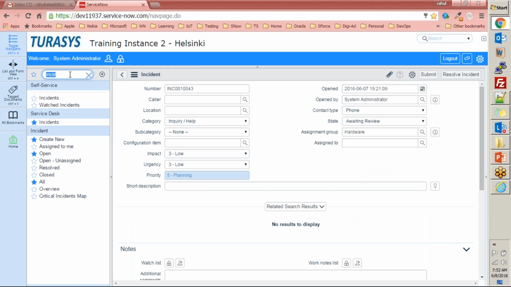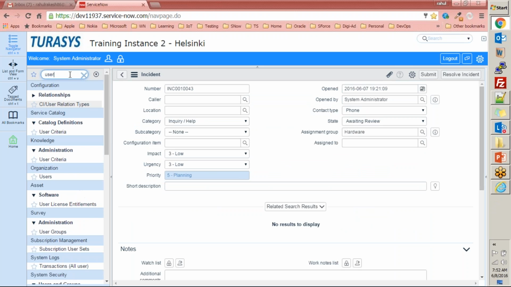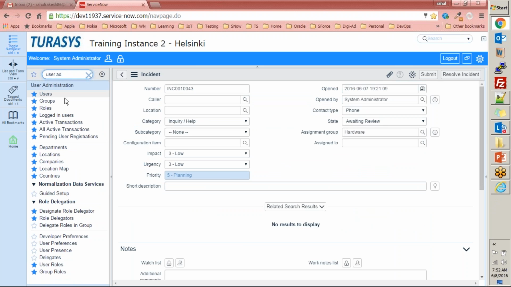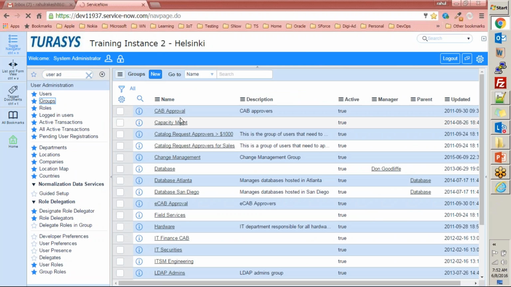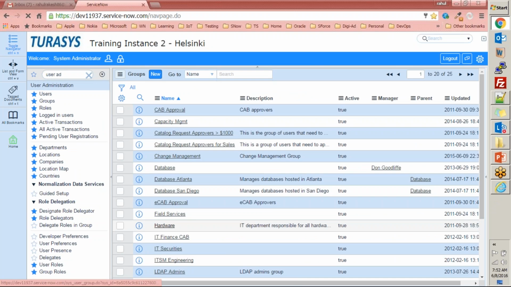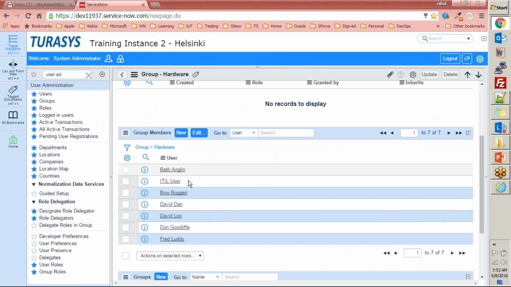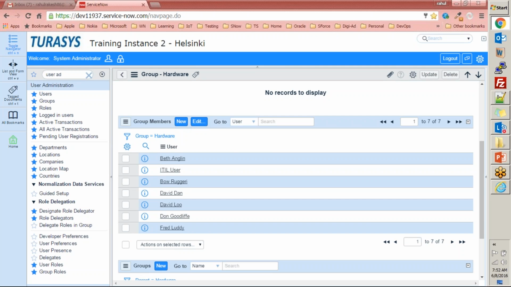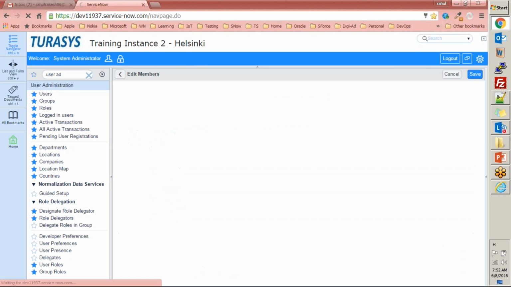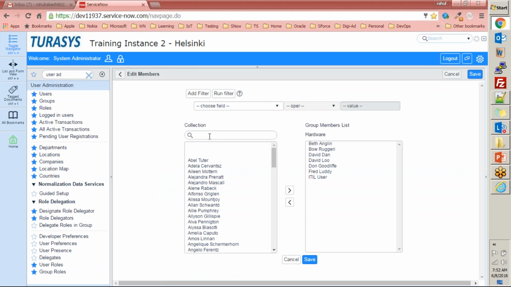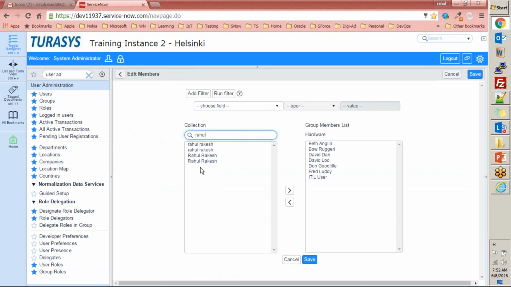Let's go ahead and associate my name into this hardware group. So I'll go into the user administration section, go to groups and pick hardware group, and I'll go to group member, and I want to associate a new user, which is Rahul in this case. So I'll go ahead and search for Rahul.